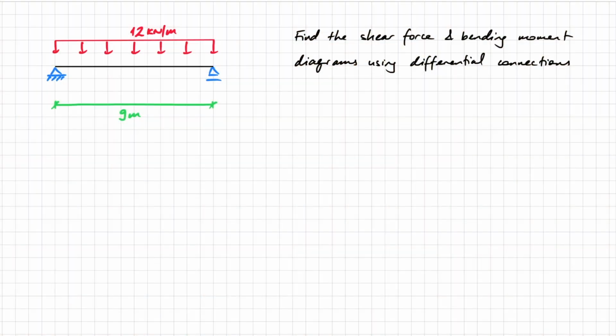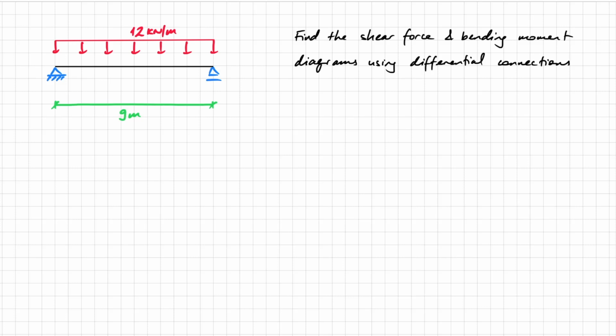So this is the first example that we are going to solve using differential connections. You can see that it's a simply supported beam with a pin support and a roller support and a uniformly distributed load of 12 kilonewtons per meter. The length of the beam is 9 meters, and we've been asked to find the shear force and bending moment